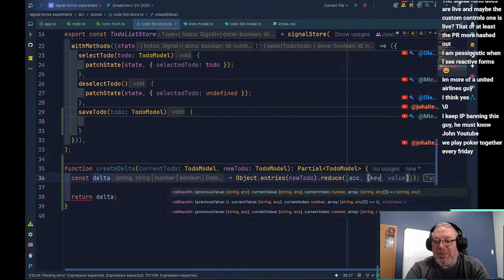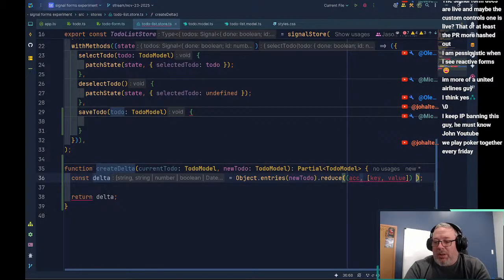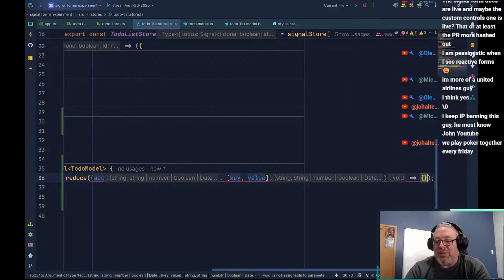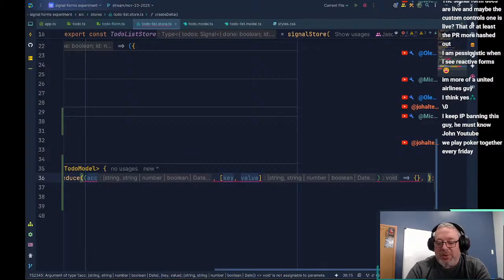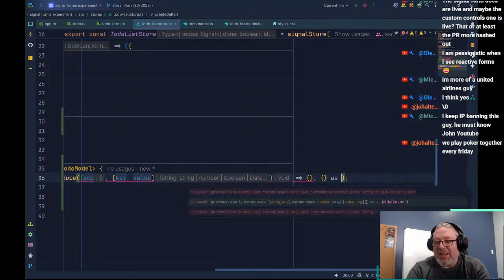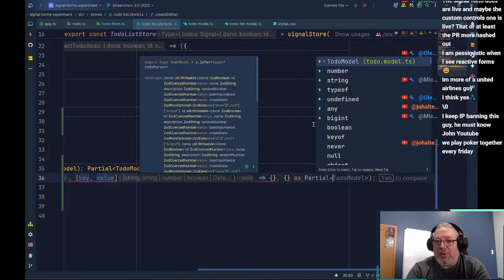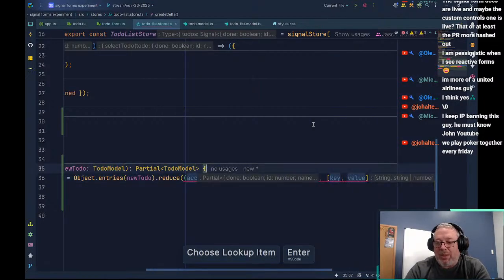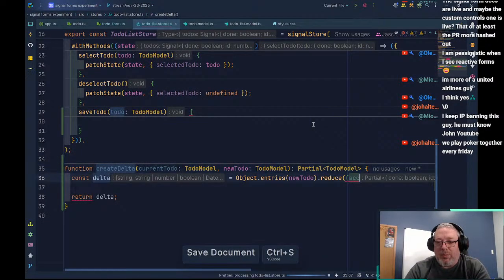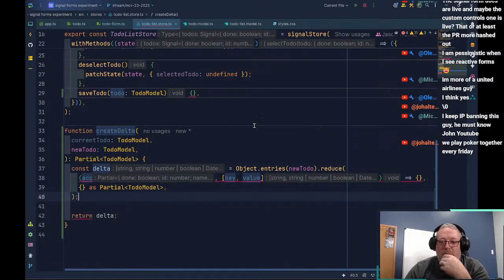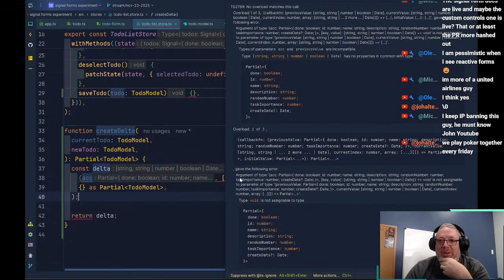And then we can take the key and the value, and we can destructure those. And then the last thing we want to pass in is this as partial to do model. And that should work. And it's going to tell us that we've got an empty object, right?